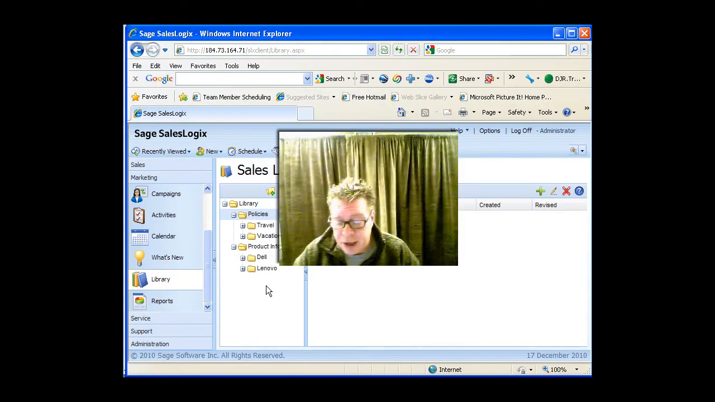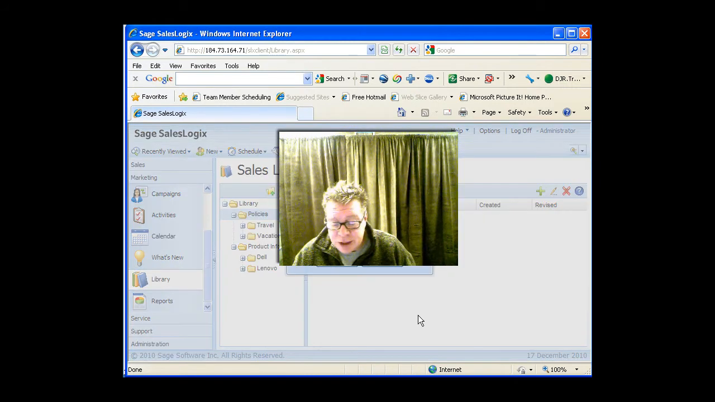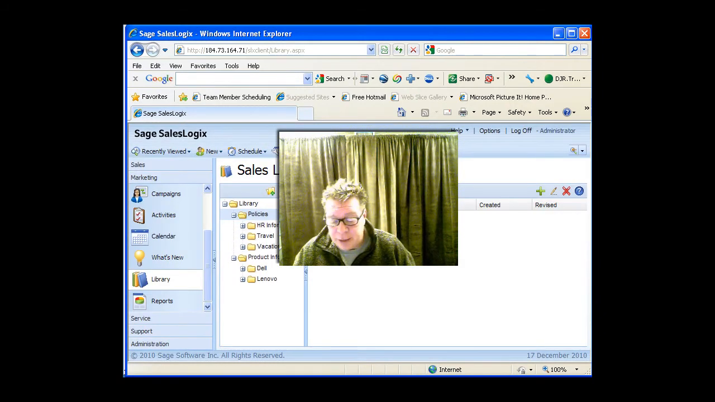Okay, so here we are in the SalesLogix Cloud, looking at the client here. Let me move it around a little bit. And I have gone into the library, which is down the left-hand side of the screen. I just clicked on library here, and we see all of our library folders. Now, we can add a new library folder here. I'm going to highlight policies, and I'm just going to go up here and click on the Add Folder button. And I add a new folder called HR Information,